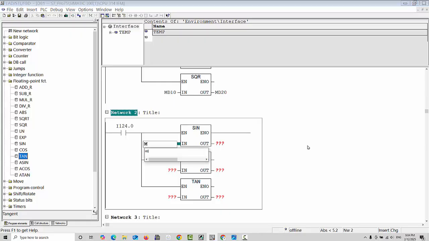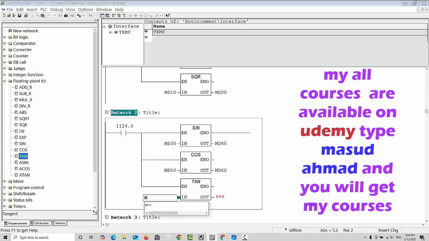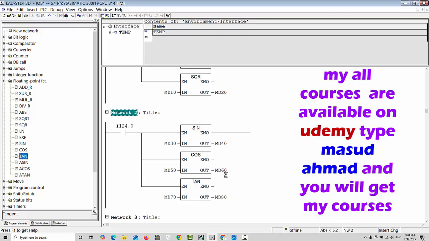For example, MD30 we will choose, and next MD40, and next MD50, and next MD60, and here MD70, and here MD80. And this program we will write to the PLC,